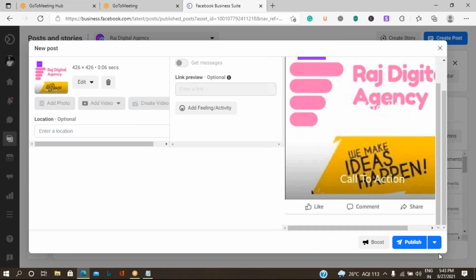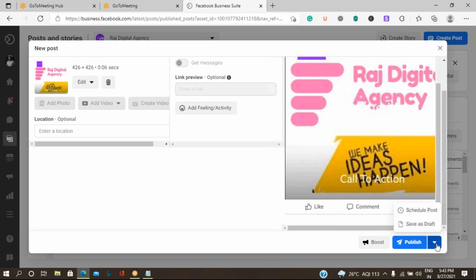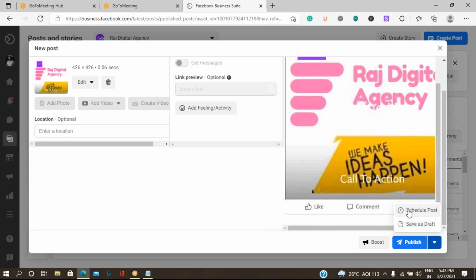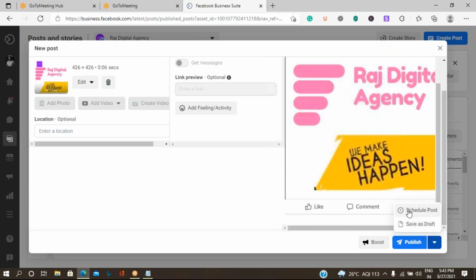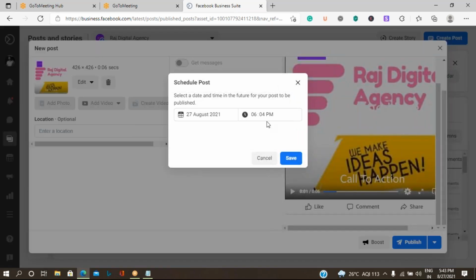Okay. So now when you click on the publish option, you are not going to publish it immediately. Instead of clicking on publish, click on the drop down button, which has an option as schedule the post. So you can run this post at a particular timing. You can fix a time and post it on that particular date at that timing.